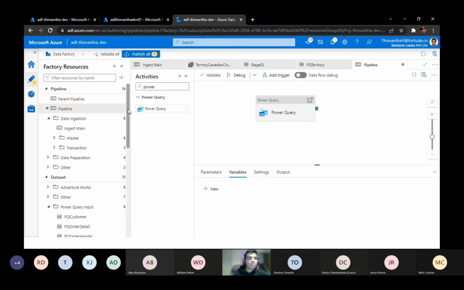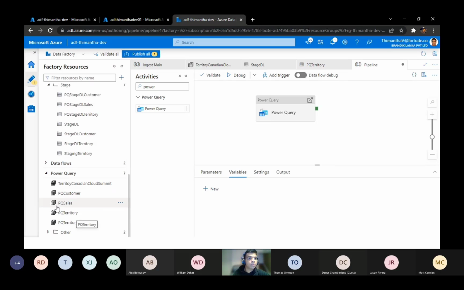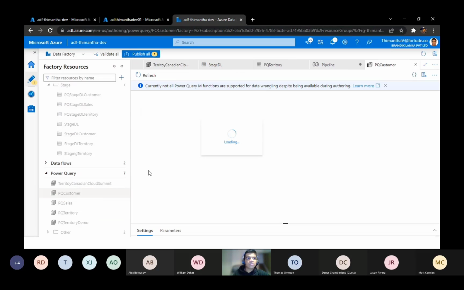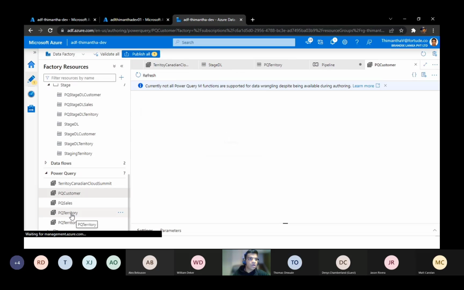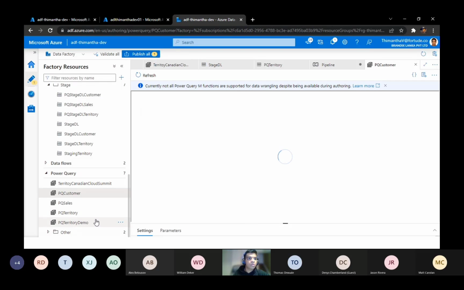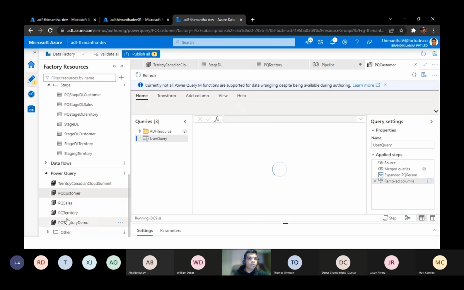So that's just a bit about that. So I would quickly get you into that and showcase those pipelines, those Power Query that I have worked on previously. The first one I want to showcase is Power Query Customer. I wouldn't showcase Power Query Territory because we went through Power Query Territory and I showed you how I